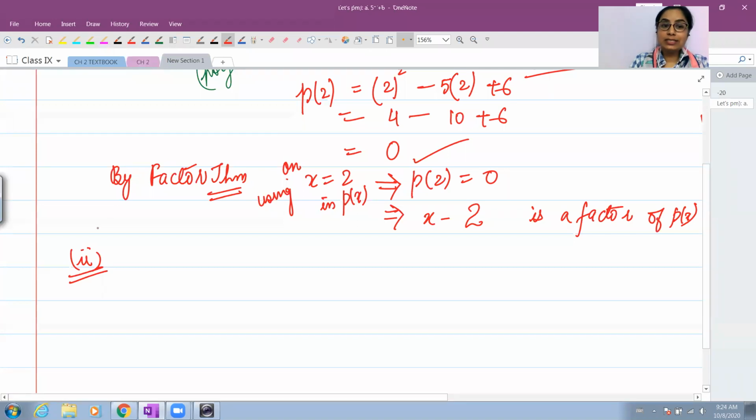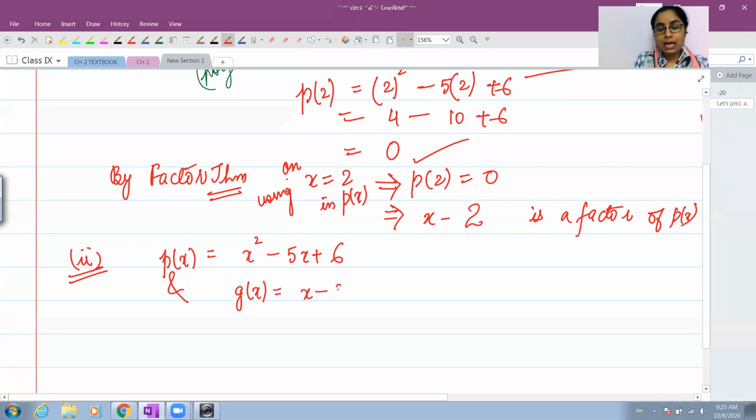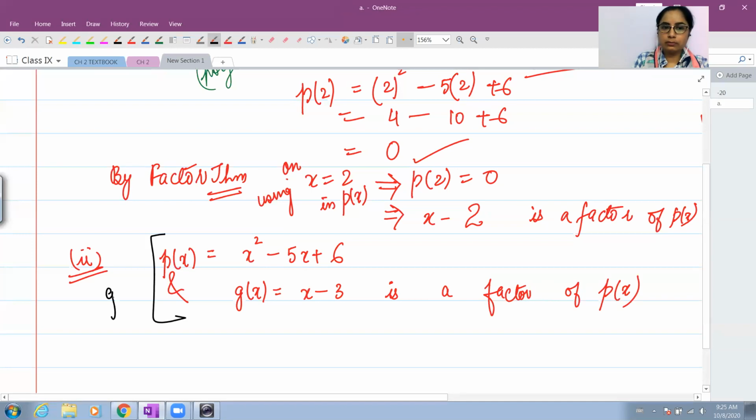All right. Now the second way in which factor theorem is used is जब हमें पहले से बताया हो कि आपके पास कोई polynomial है और उसका कोई factor exist करता है. So let us say you have been given px as the same polynomial which is given above. And I have been given that gx, which is x minus 3, is a factor of px. This is given. अब मुझे ये दो चीजें दी हुई हैं.